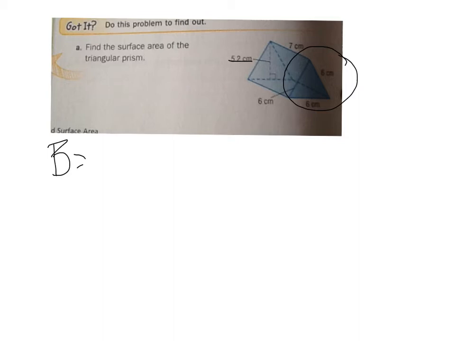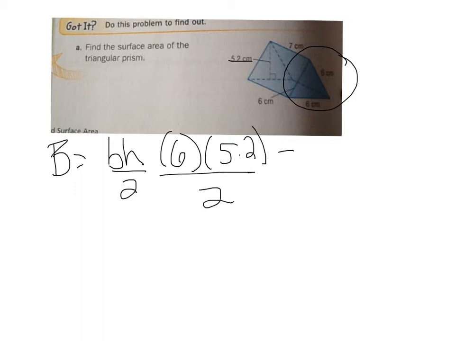So what I'm going to do is solve. For a triangle, remember, it's base times height divided by 2. Well, my base is 6, my height is 5.2, and I'm going to divide all that by 2. When I multiply 6 times 5.2 divided by 2, I get 15.6. Then I take my